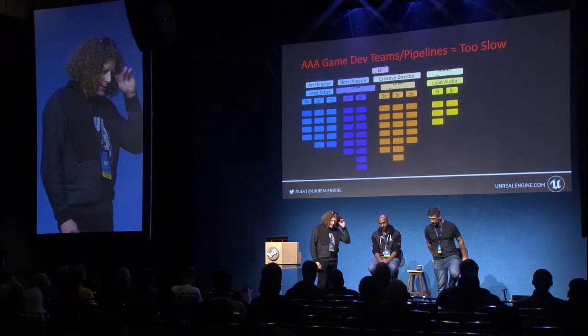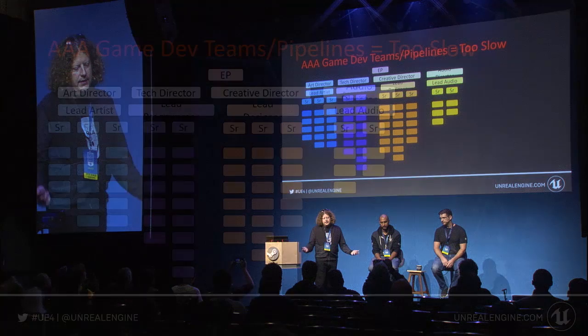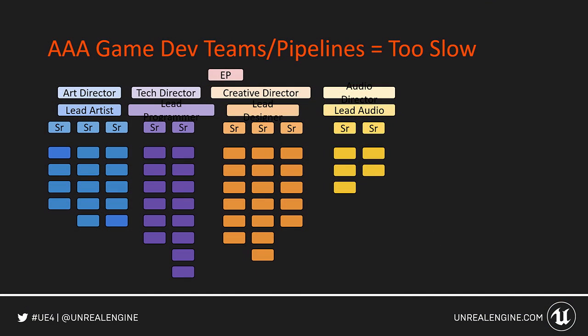So first off, we realized that the old AAA game dev teams and pipelines are just too slow. Everybody's seen this org chart before. Whoops, my font size has got a little blown out. But we've all seen it. It's a top-down approach of management for teams. EPs at the top, directors, lead designers, lead position seniors, and the juniors that fall out from the bottom there. This is a very inflexible format. The decision-making happens at a glacial pace. If somebody says, I don't like the way that this movement works, it's got to be decided by committee, and it's got to go back up the line, and then they're going to hold a meeting about it, and maybe it'll trickle back down, and by the time, that's just too late for the way we operate, right?